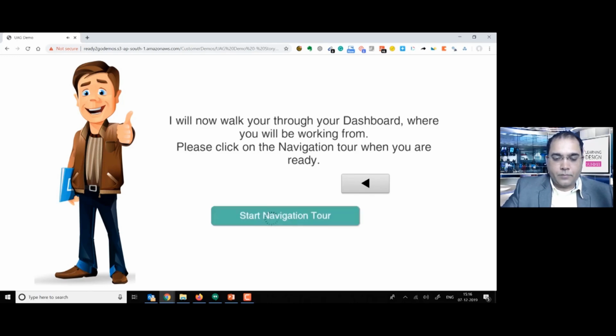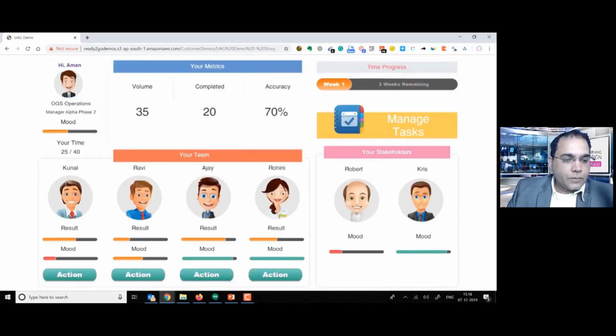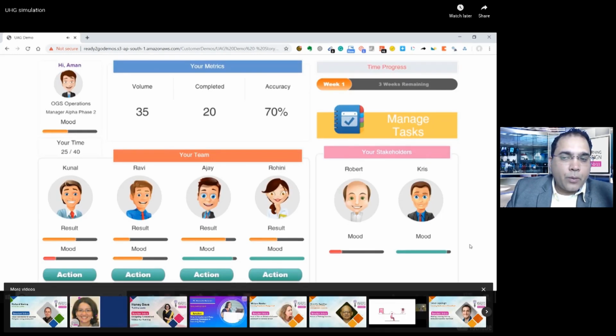This is the dashboard you'll be working from. This holds key information. And I want to call out some of the points which, as learning designers, we have to keep in mind: anything that you're building which is complex, and for sure, you're not going to feel it's complex because you're the one who's building it.